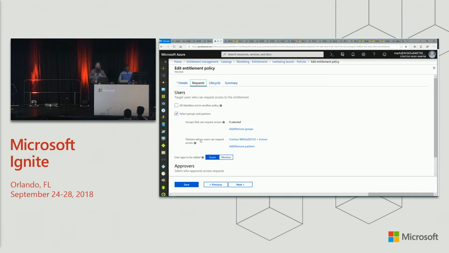The partner is just simply referring to an organization that's not your organization. So here we see that there's another Contoso out there. Wow, popular company, maybe it's a subsidiary, and 4 others. So that marketing firm is then able to come in and request this entitlement. Anyone from that organization can make that request, and if approved, they get access, they get into that security